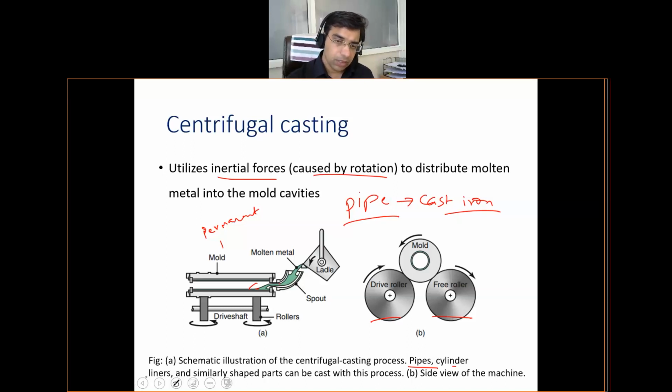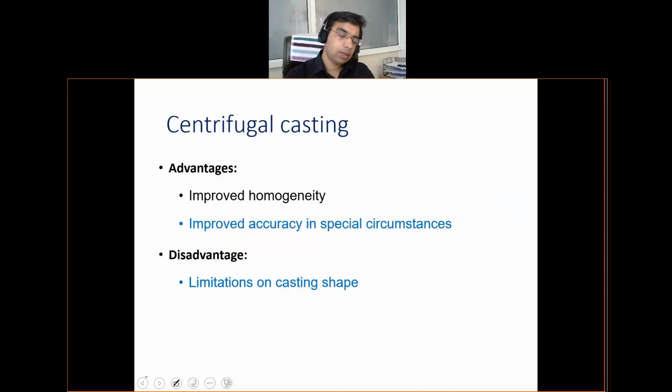There are several other processes also in casting. But since this is a level 1 course on product realization technologies, we are not going to discuss the other processes in casting. Rather, we will stop discussing casting beyond the centrifugal casting process. The idea of this module was to give you an overview of what casting is, what the different processes used in casting are, and how to calculate the solidification time. We also studied some details about various defects which creep into cast products and how we can minimize them.